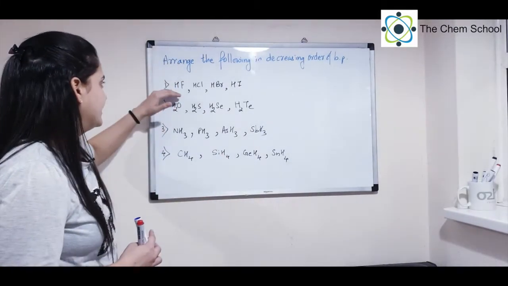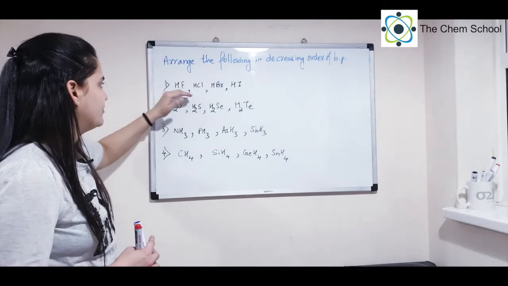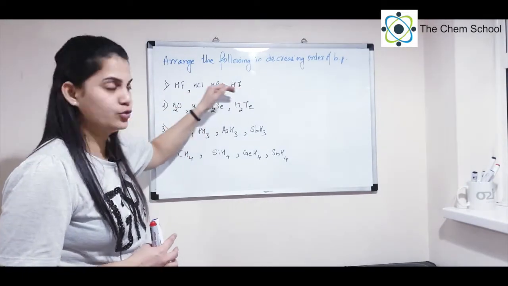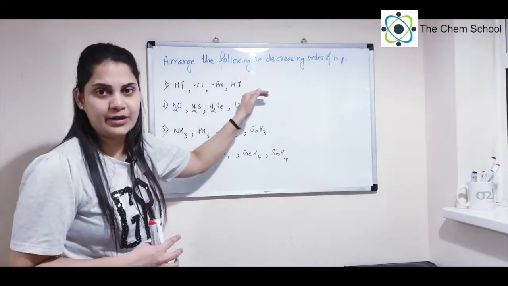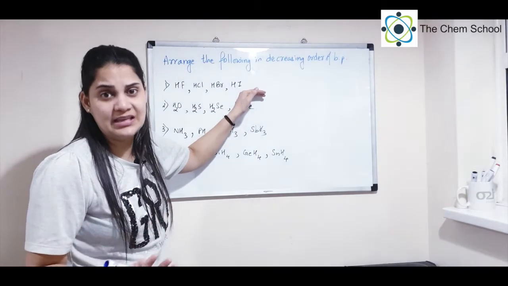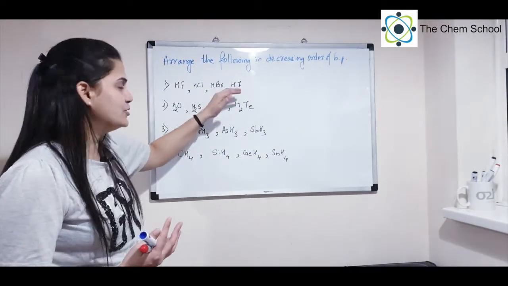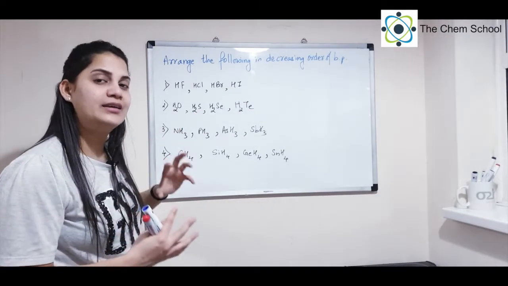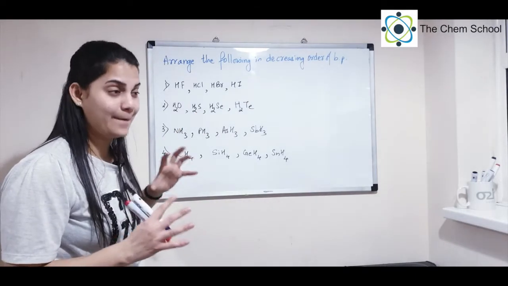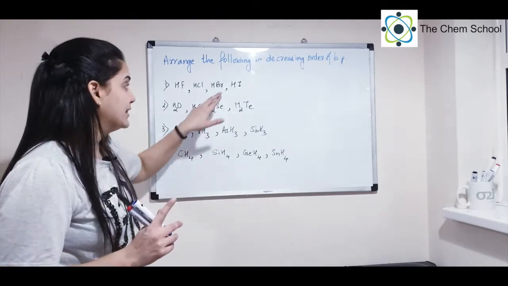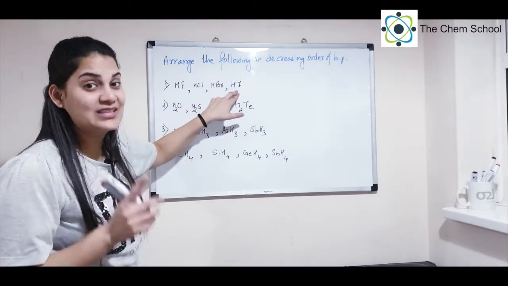So have a look at this example. You have HF, HCl, HBr, HI. You know that you're going from top to bottom in the periodic table, so the mass is increasing. So HI will have the highest mass over here, okay? So based on that, HI should have the highest boiling point, right? But there's a problem over here. The intermolecular forces of HI are weak